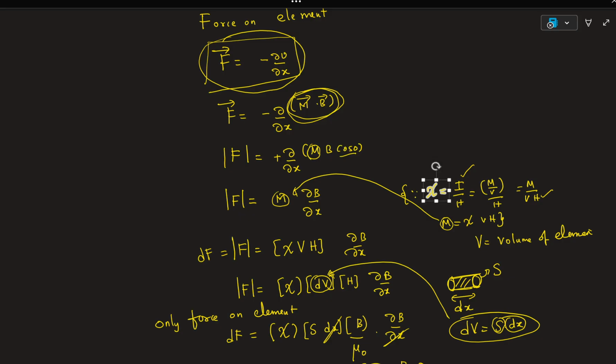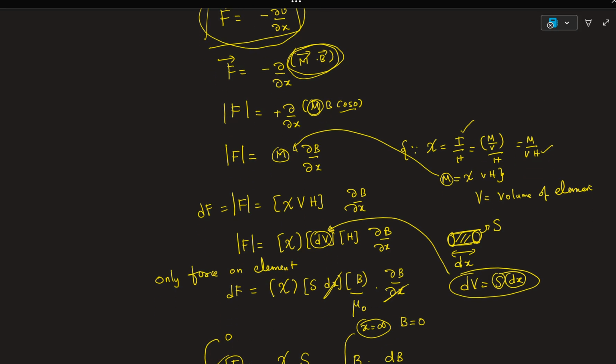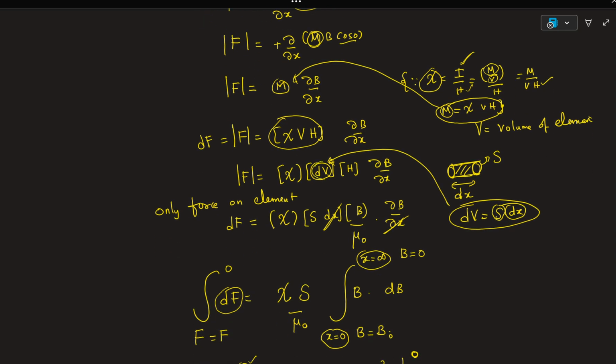M is the dipole moment of the element, take it outside. And for obtaining the dipole moment M, we know susceptibility is magnetization by magnetizing field. We know magnetization is equal to the magnetic moment of that element by the volume of the element. With this, we can write the magnetic moment equal to psi into V into H. Plug in this value here, and we know the volume of the element is the area of the circular cross section